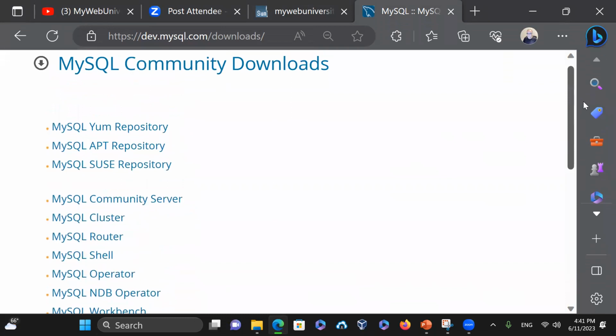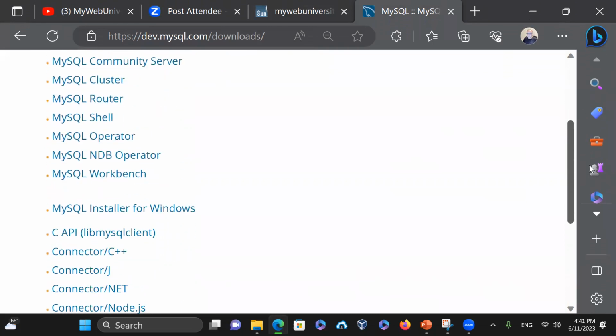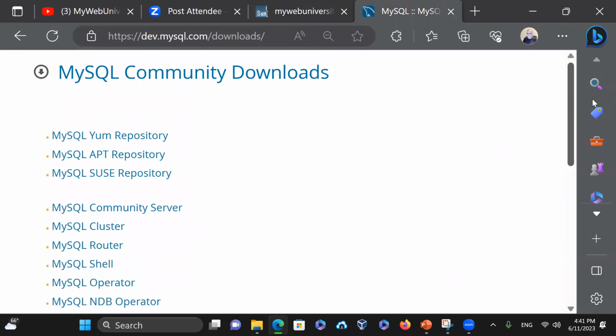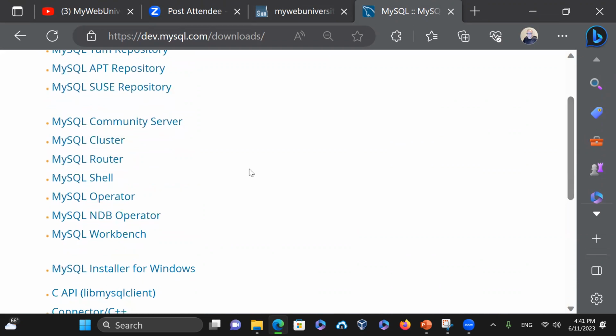But even the community version, if you have an account with Oracle and MySQL and all those websites, they provide some support level as well. By downloading these, you can just download the MySQL Community Server. The server would be the MySQL DB, which is the MySQL daemon that is running, MySQL Cluster, MySQL Router, and the MySQL Shell,